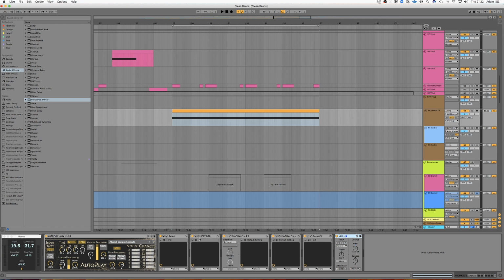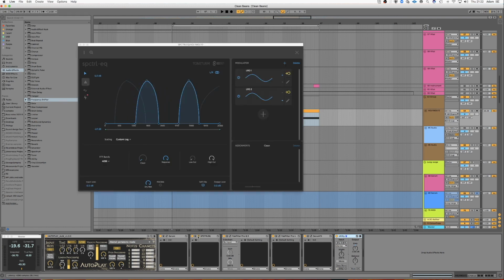So today we're going to be taking a look at a really cool plugin that is brand new from Tonsturm, and this is it. This is Spectral EQ. Now, you might be thinking, oh, it's just another EQ plugin or another filtering plugin, kind of like Shade or something. But this plugin is really quite unique in that,